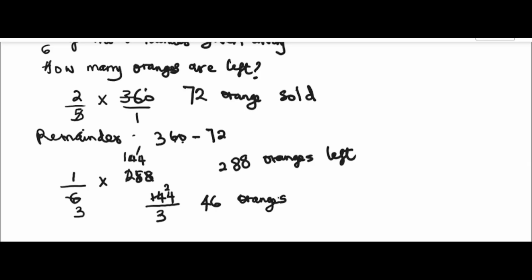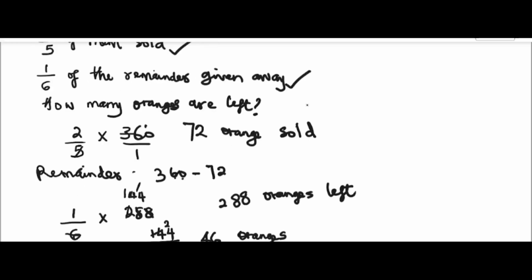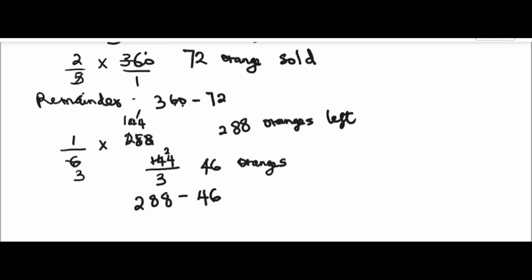Out of 360, she sold 72. She gave away 46. So since we have removed 72 from 360 to get 288, we simply remove 46 from 288 to get how many oranges we are left. Okay, beautiful. So 8 minus 6, we will have 2. 8 minus 4, we will have 4, and then we'll bring down 2. So she has 242 oranges